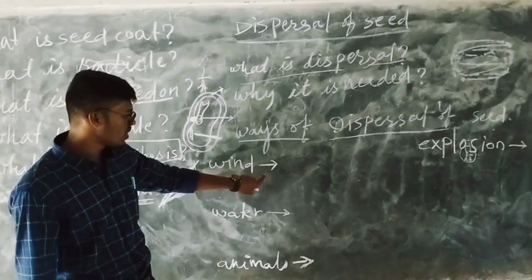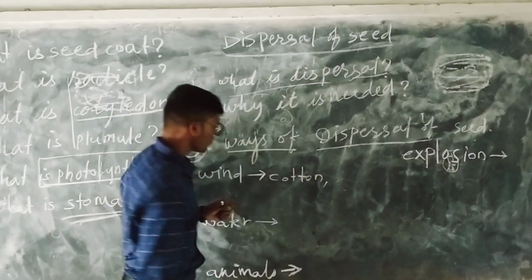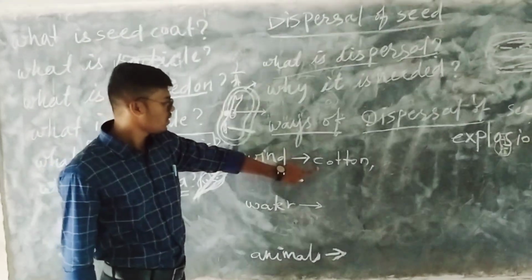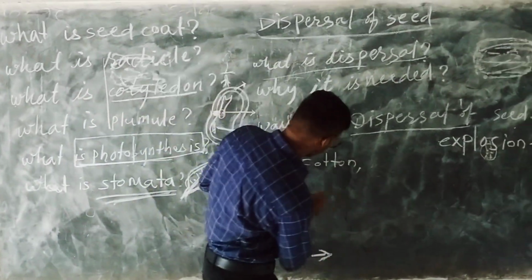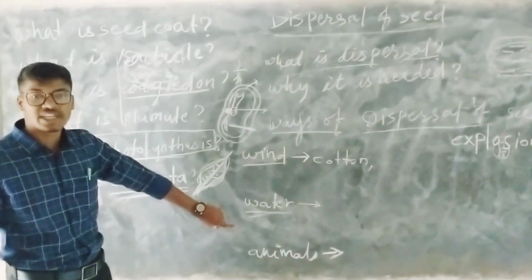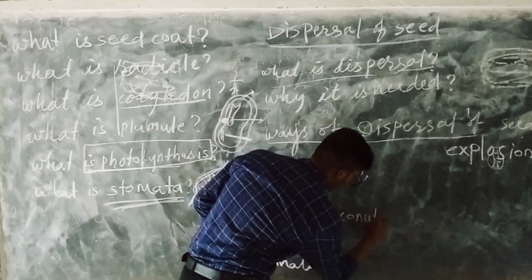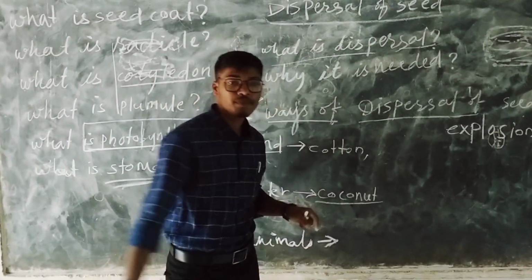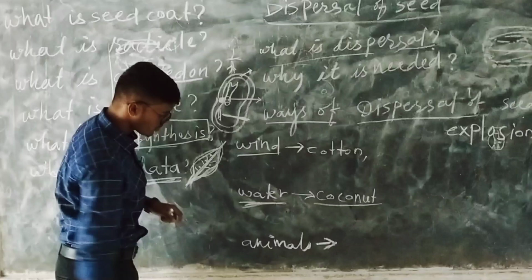Examples of wind. There are some seeds such as cotton. It is very thin and light, which can very easily be carried from one place to another by wind, and by water. This kind of seed is very fleshy, such as coconut. You must have observed that coconut mostly we find near the seashore or near the river. And animals,